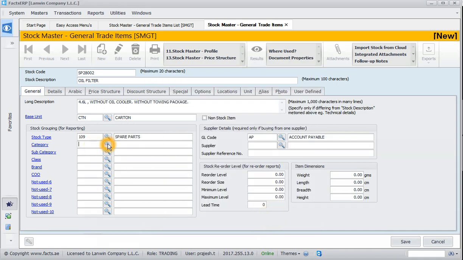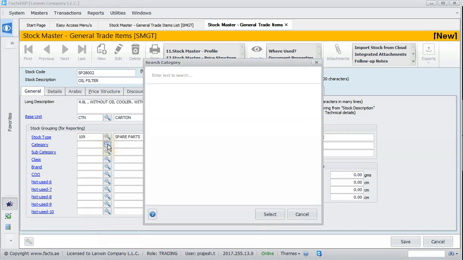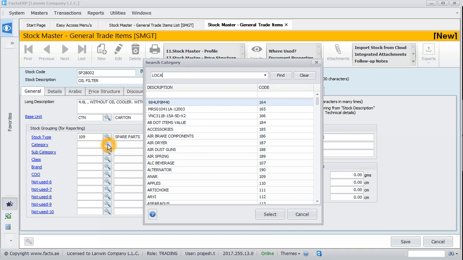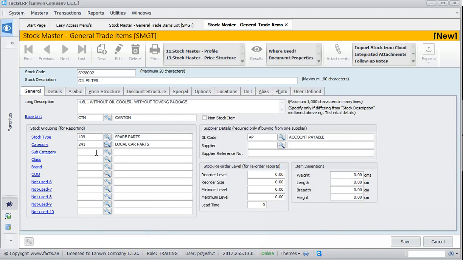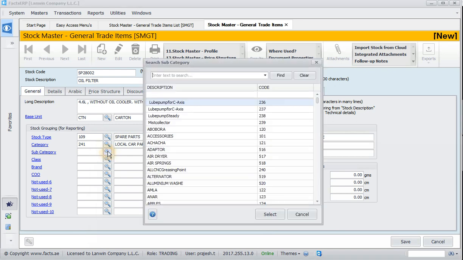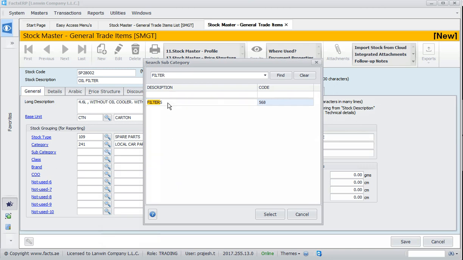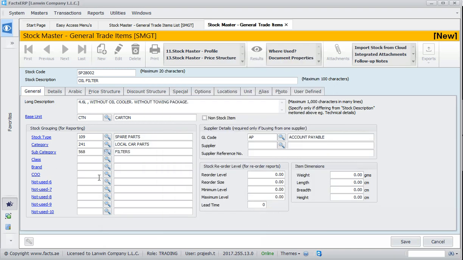Then category, you can select from the list. It's like local car parts. You can select the subcategory. I'll say filter. Like this you can select all the grouping fields.